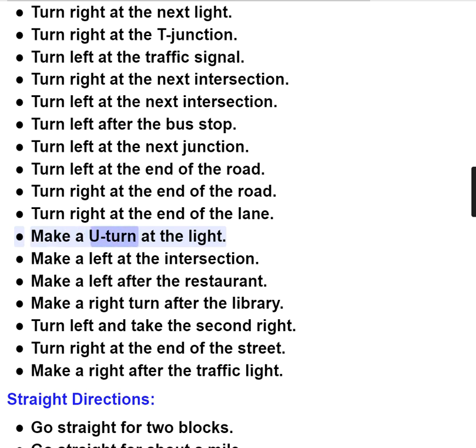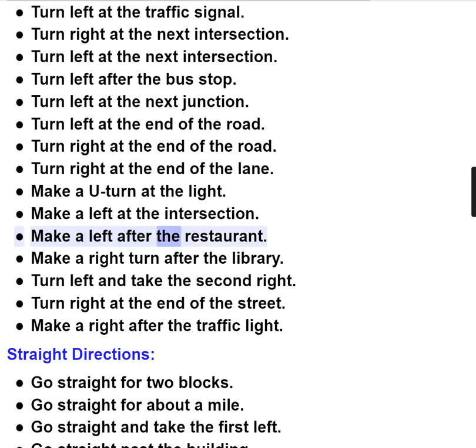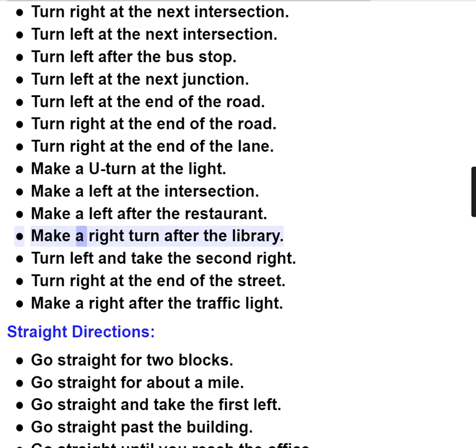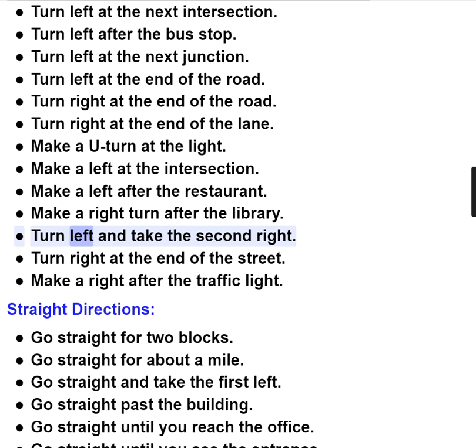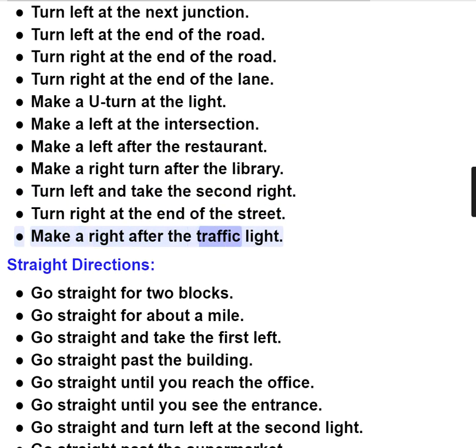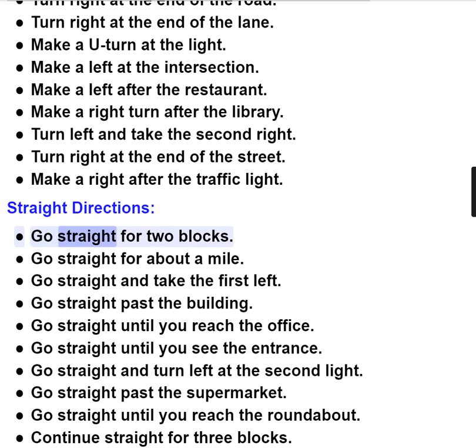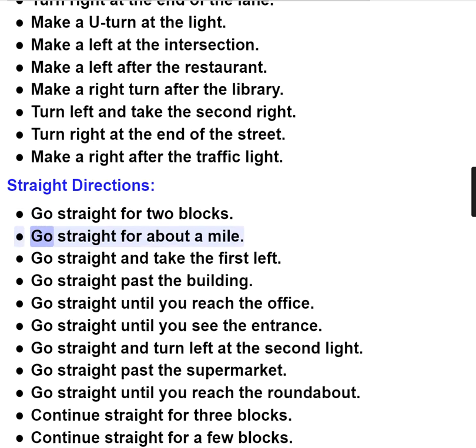Make a U-turn at the light, make a left at the intersection, make a left after the restaurant, make a right turn after the library, turn left and take the second right, turn right at the end of the street, make a right after the traffic light, straight directions, go straight for 2 blocks, go straight for about a mile,